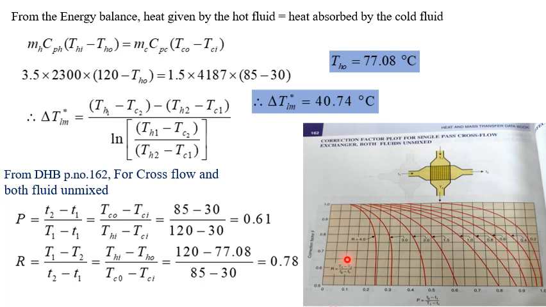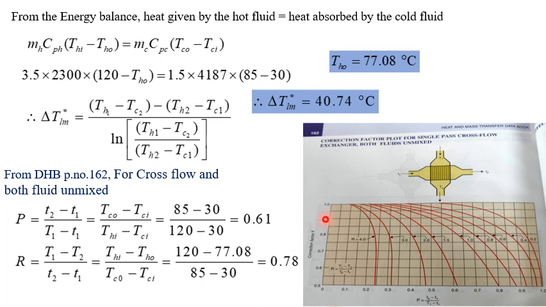So you can see R is equal to 4, 3, 2, 1.5, 1.8 now, and 0.6, 0.4, 0.2. So our condition is 0.78. So you can locate somewhere around 0.8, closer to that 0.8, and then 0.6 it will meet somewhere here, and corresponding where it intersects 0.8 as well as 0.6, somewhere here it will intersect the corresponding value.